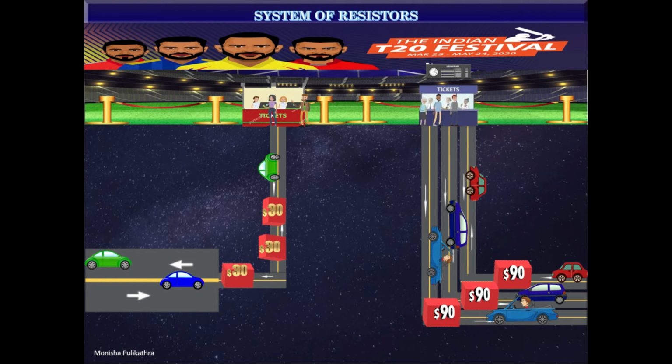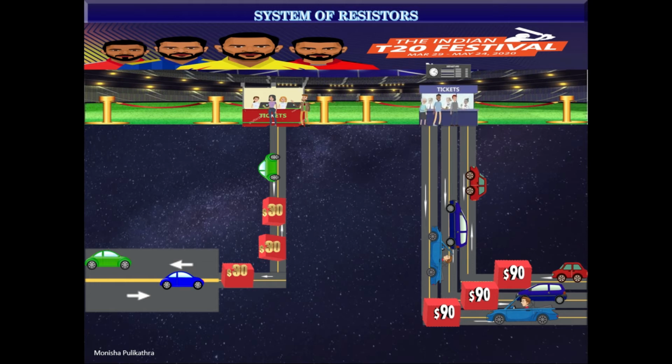There were a total of 3 people allocated for collecting money. One of the team members suggested we can keep the counters like this on the left side, as I have shown. Every person who wants to enter should pay $30 at each counter, totally $90. Another team member suggested we could place the counters like I have shown in the second part, on the right. Each counter will collect $90 from each person that crosses it.